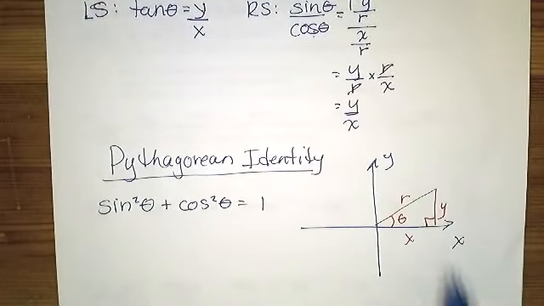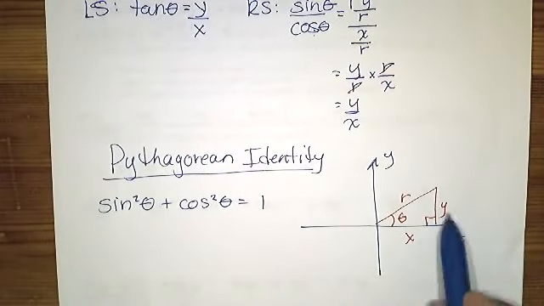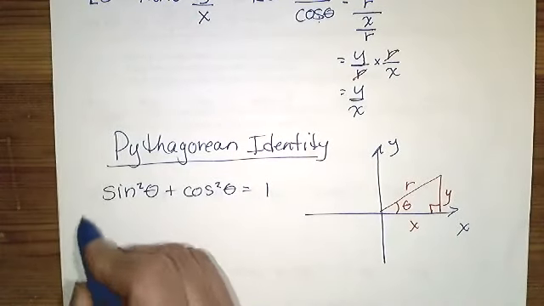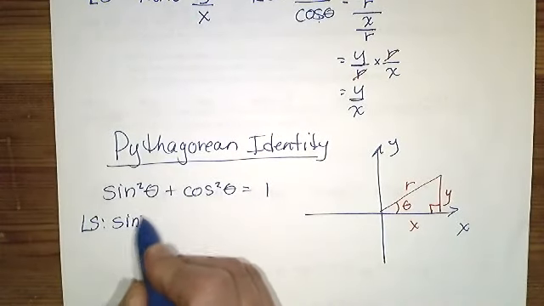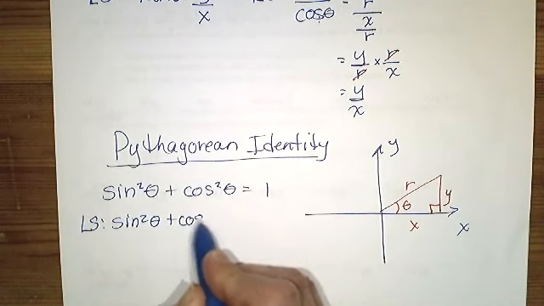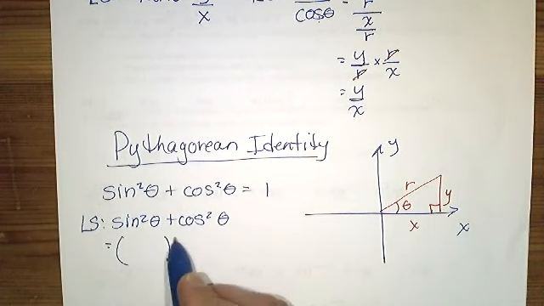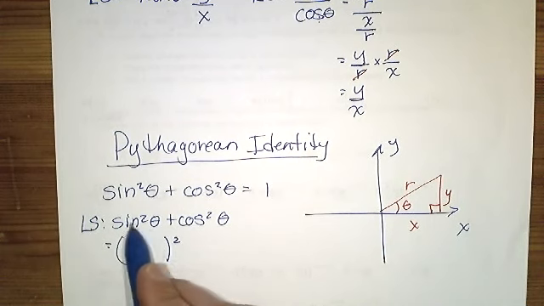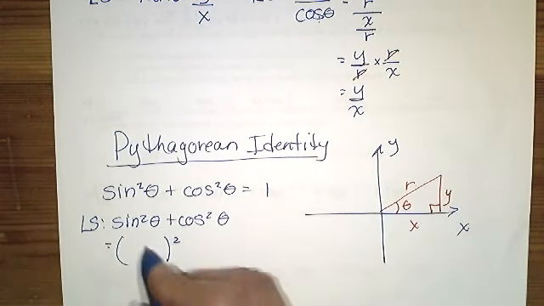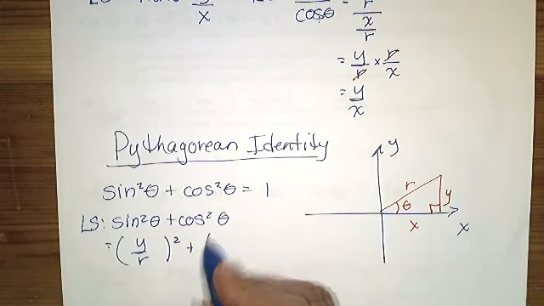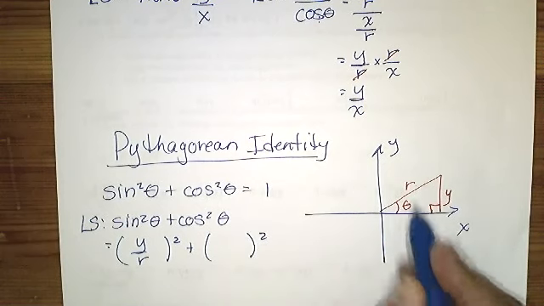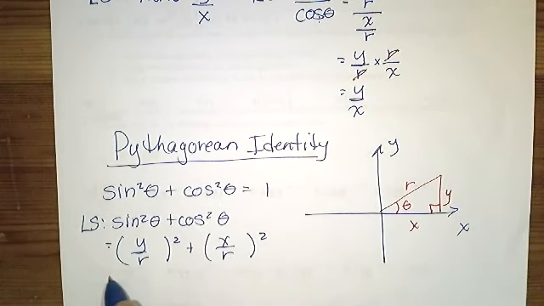So we'll do the same thing using our triangle here in terms of x, y, and r. So let's look at our left side. So we have sine squared theta add cos squared theta. So we know sine, let's just write our brackets here because we have the squared. So we know sine theta is our opposite over our hypotenuse. Cosine is the adjacent over hypotenuse. So let's rewrite this as y squared over r squared add x squared over r squared,